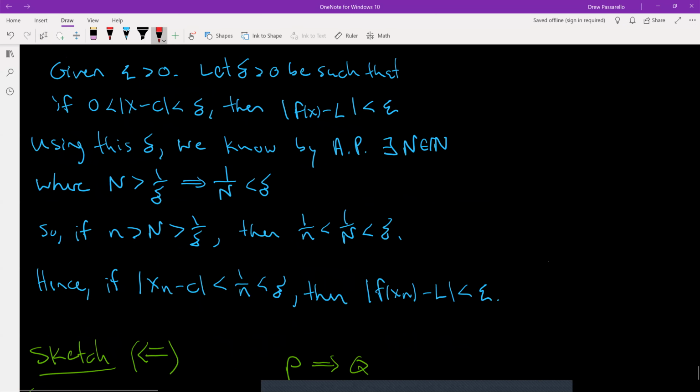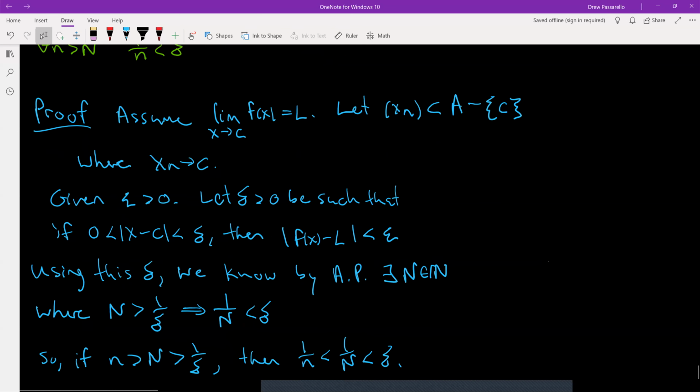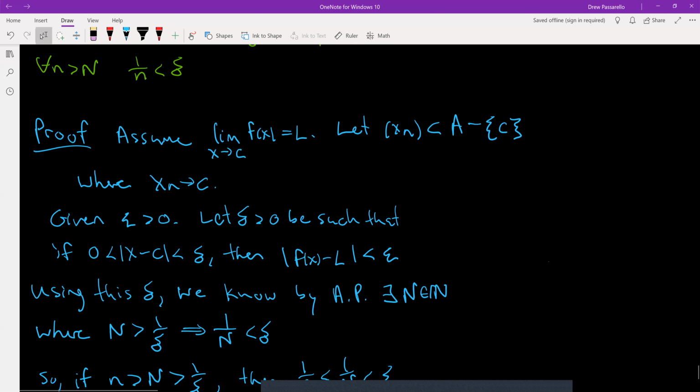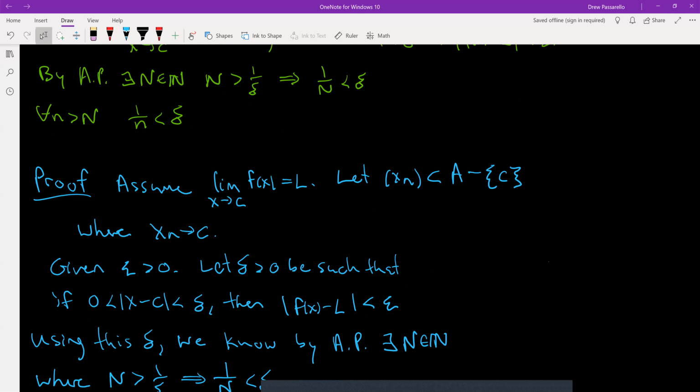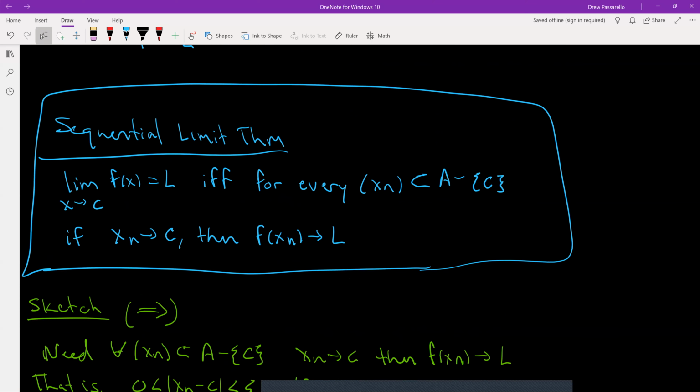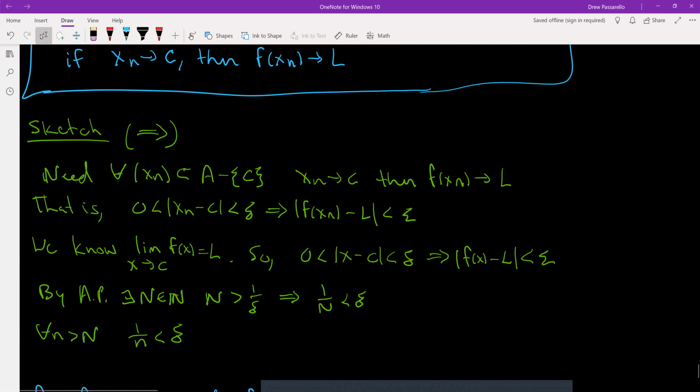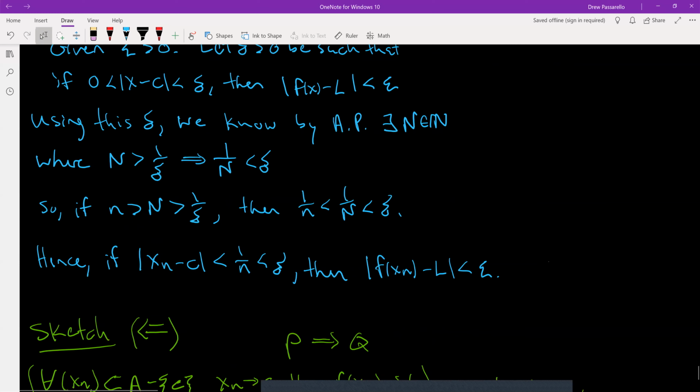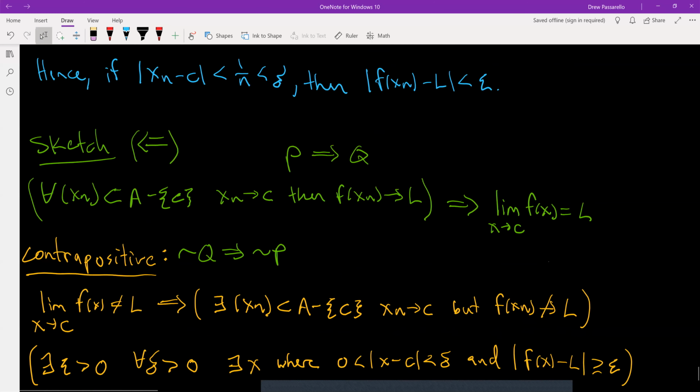All right, so that's the forward direction. We basically showed that we assumed the function f(x) had its limit as x approaches c equal L, and we proved the sequence version of that: if the sequence x_n is contained in A minus {c}, and x_n converges to c, then we proved that f(x_n) converges to L. Now in the other direction, it's going to be a little bit